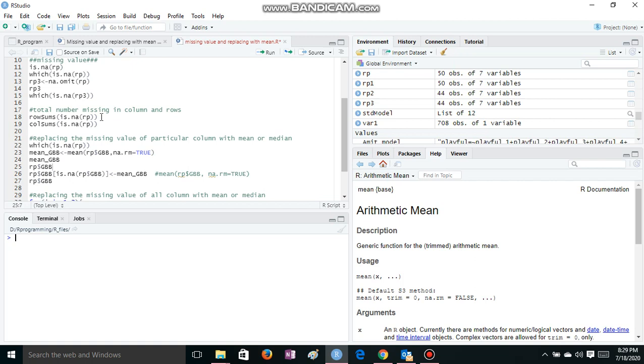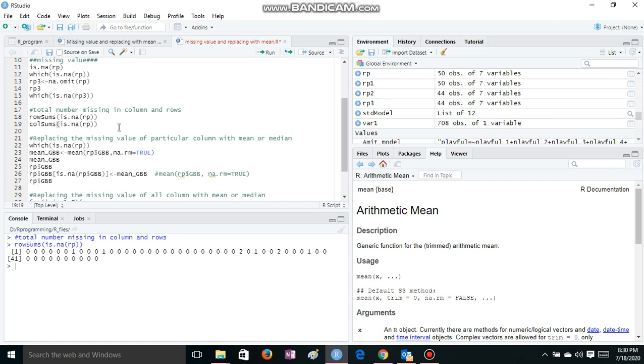So first I will try to find the rows, where we are trying to extract whether there is any NA available in each row. So I'll go there and press Control Enter. So these are the reflection of all the rows, right? From here, row number 1, 2, 3, 4, 5, 6, 7. The 7th row has 1. Similarly, we have the 11th row as 1, and so on and so forth. So this gives information about the rows where we have the total number of NAs or blank spaces available. Similarly, we can find the same numbers column-wise also.